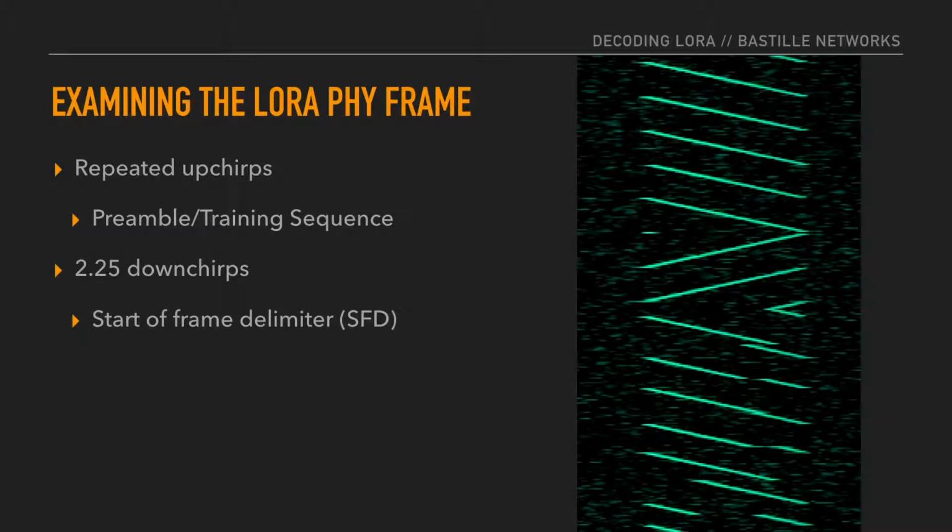Following that, you can see the chirp direction changes right in the middle, and you have 2 1/4 down chirps. This looks like a start of frame delimiter or a synchronization element. So this tells the receiver, hey, heads up, preamble's over, you're about to get the data, you're about to get the payload here. And finally, you can see the chirp direction again changes to be upchirps,